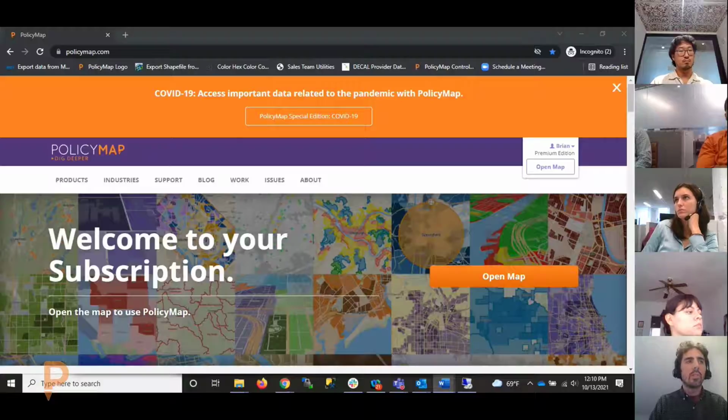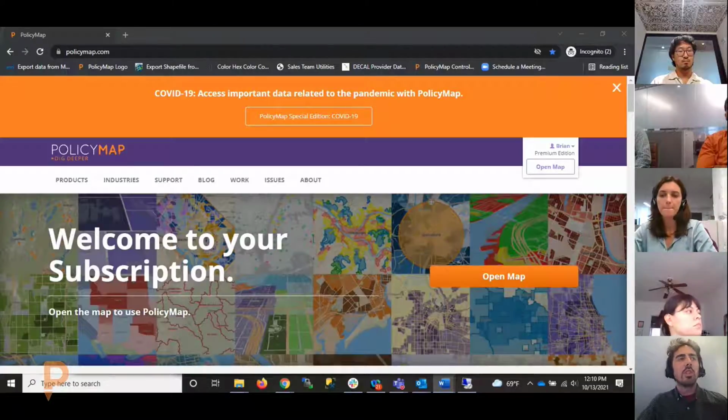The tool was used for research, business planning, site selection, grant applications, and impact analysis, and overall just kind of data visualization. Some of our subscribers include federal, state, and local government agencies. Lots of universities use PolicyMap for coursework as well as research. Lots of nonprofit organizations, a number of CDFIs, as well as lots of interest recently from the public